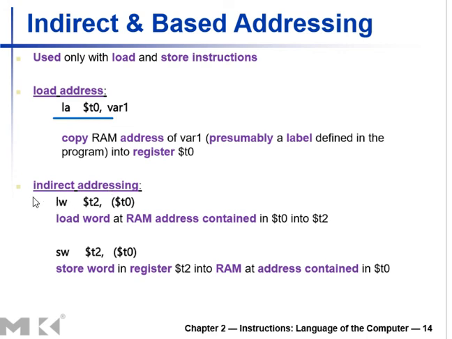Okay. Now let's move on to the indirect addressing. So when you say indirect addressing, here load word, register and register containing the address. So this is a register only, it contains the address. How do you know? It's given inside a bracket. When you have a content inside a bracket, it represents the address.